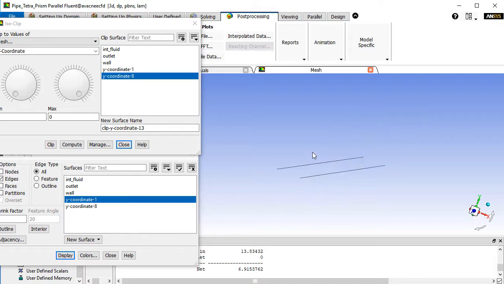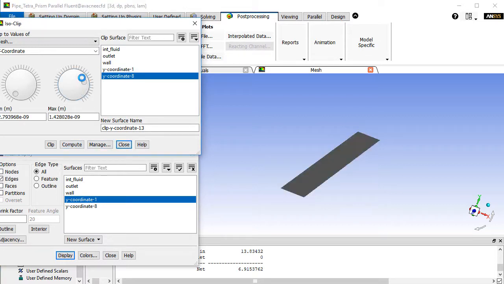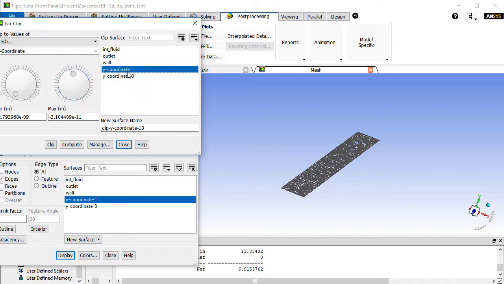So along the x-axis I want to keep only one line here. So I will click on compute and just choose any number here, any value here.